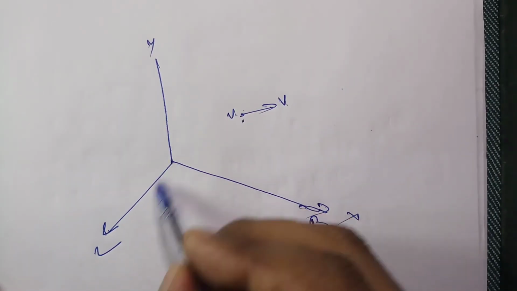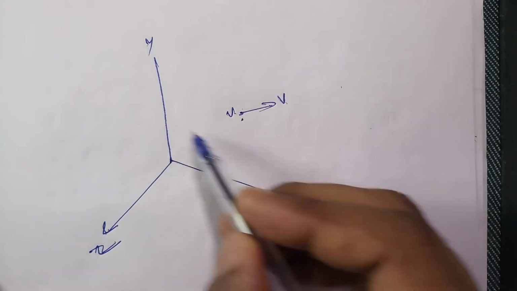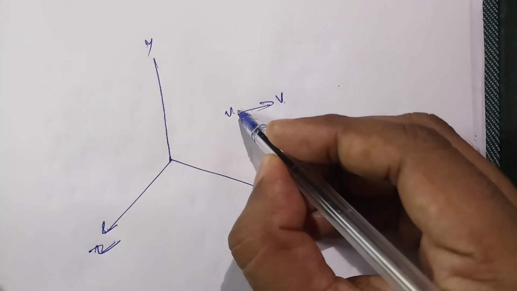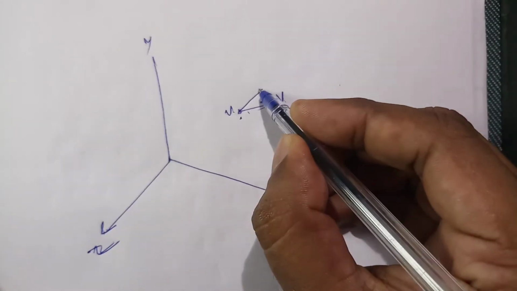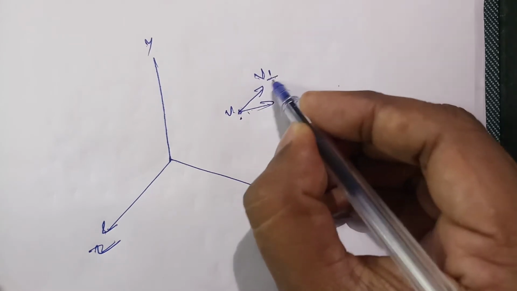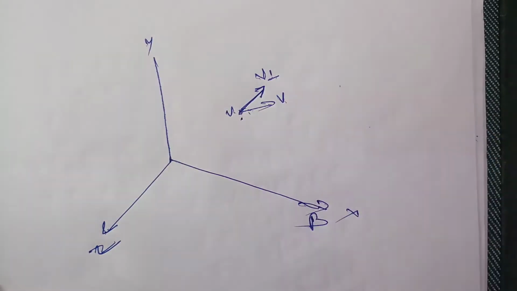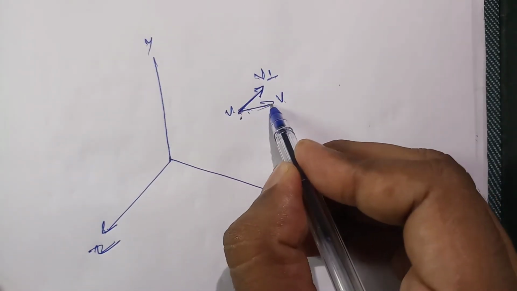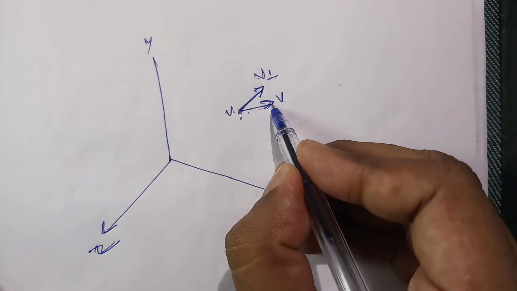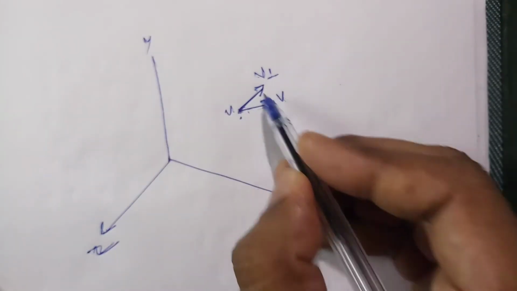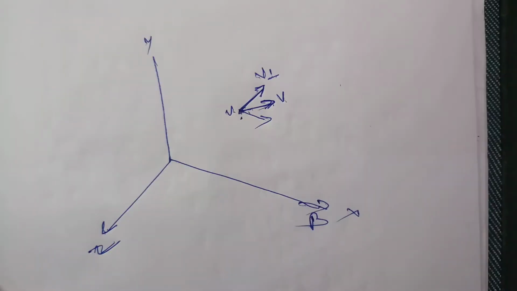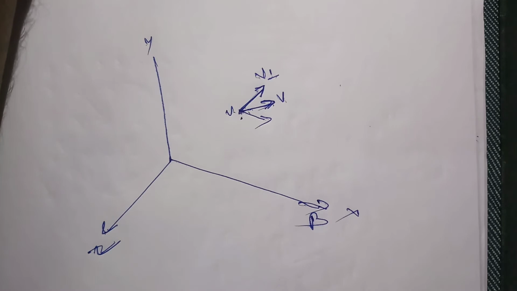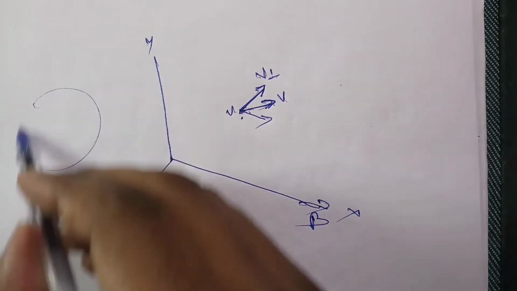Just see this plane which is containing z and y. If it is coming parallel to that plane, this is the perpendicular component of velocity. But actually it is not entering perpendicular, it is entering in another direction v here. So this v can be resolved into two components, one perpendicular and one parallel. Previously, when a charged particle enters the magnetic field, we know it moves in a circular path like this.